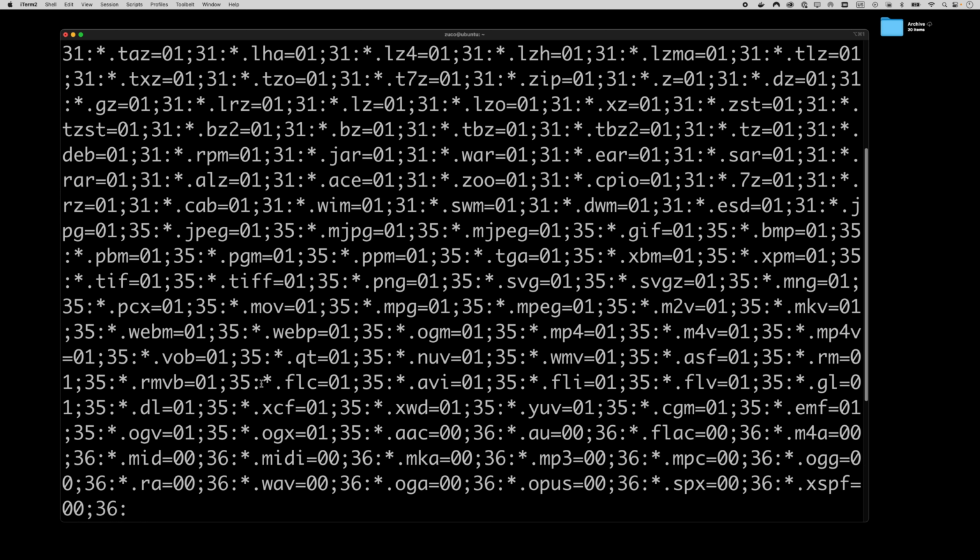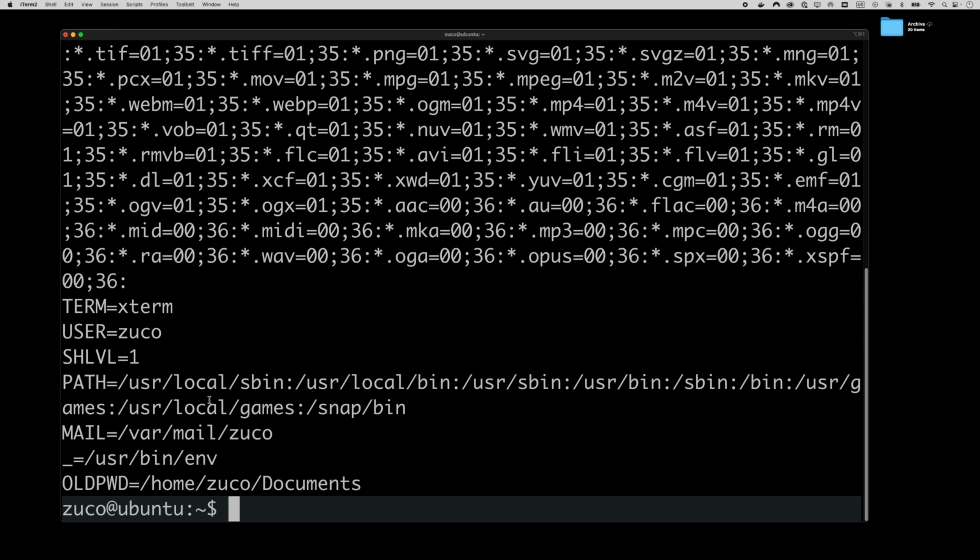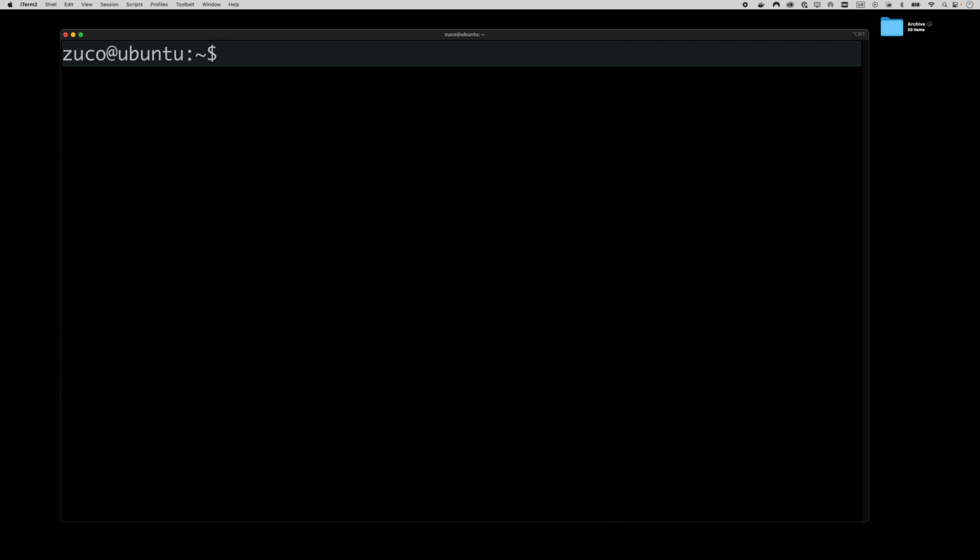Many of these things probably don't make sense to us now, but for example, this is the default for the mail program. This is the path where to find the different programs that we execute, where in the file system to find these files: the content of the variable PATH. And USER, which is the user we are in, and so forth. You can set an environment variable as local or global. This is a local definition. MY_VAR equal to